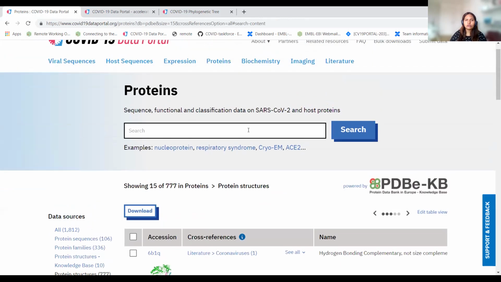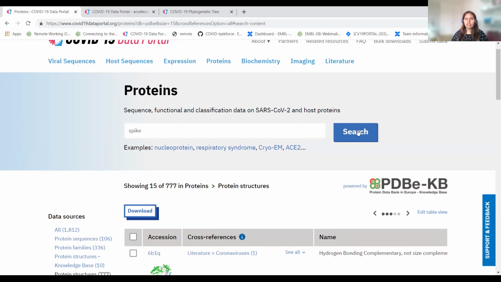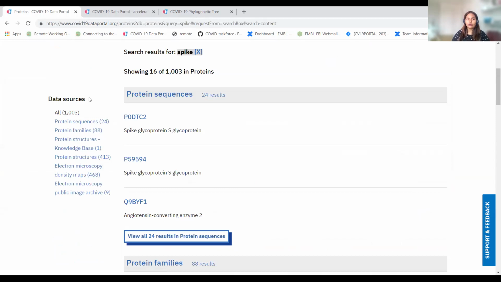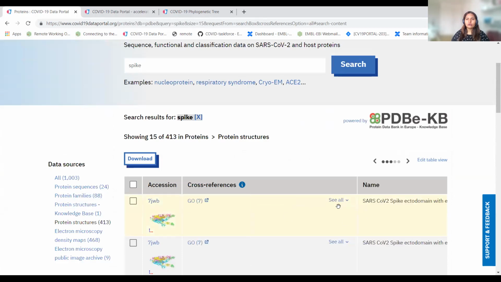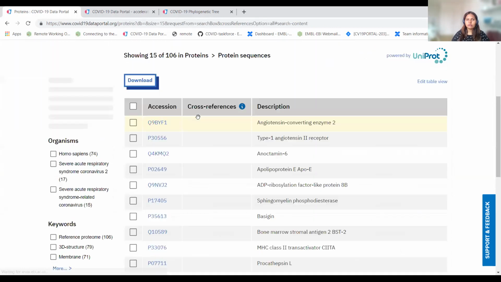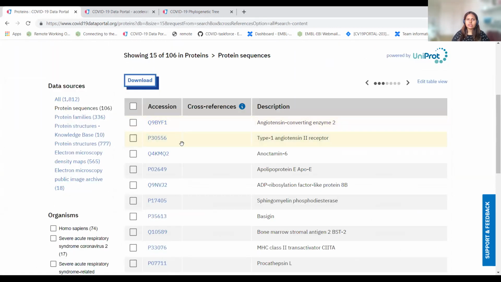One more thing related to search functionality, the search box is the same for all categories. I'm entering a keyword to apply search on the basis of it. You can see all data sources are filtered according to the entered keyword. So you can see spike data is there. From here you can remove that search result, and all the data comes back to its initial state.